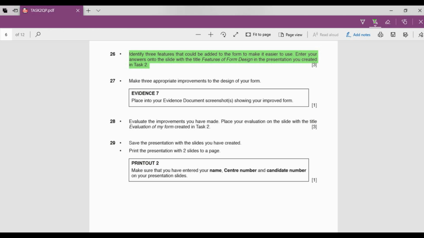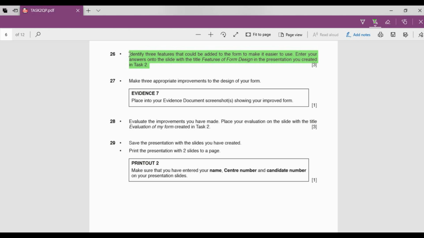So in the last tutorial we discussed form, combo box, and different navigation buttons. So now let's start further. We discussed that we should identify three features that could be added to the form to make it easier to use.